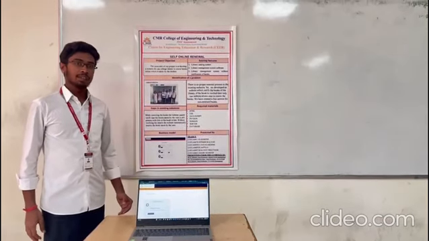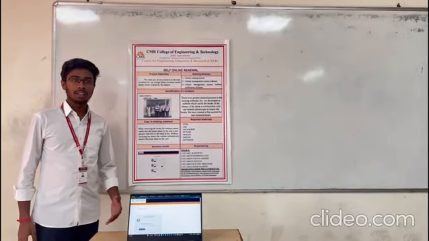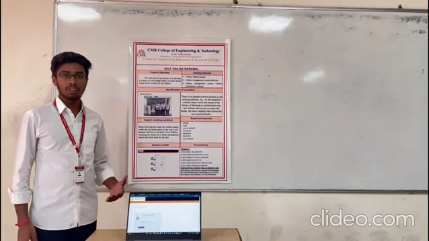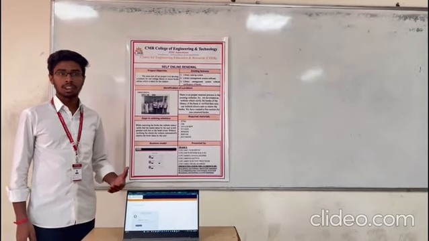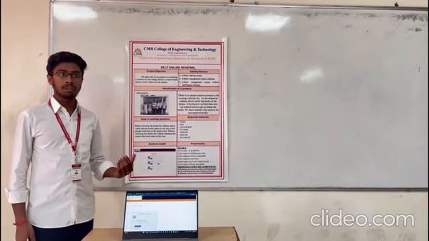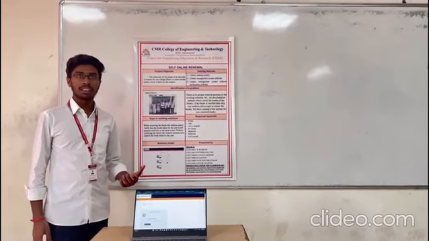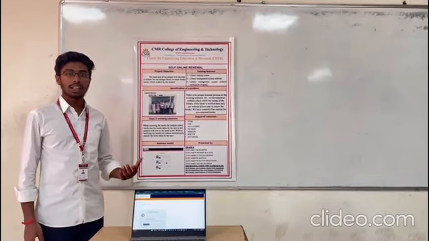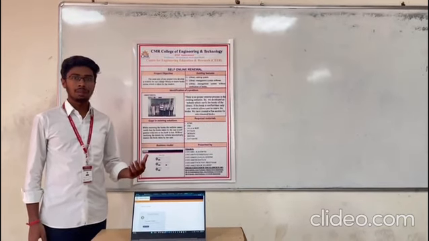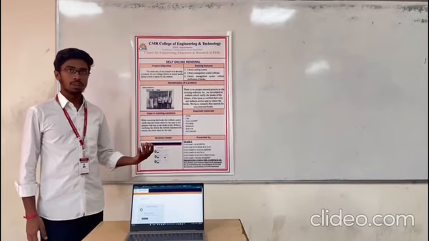I am going to tell the gaps in our existing solutions. While renewing the books in the existing websites, the website does not verify whether the book is returned to the library or not. So the websites can't verify the books, and it will renew automatically. And there is no fine section for the library, so you can keep the book for as many days as you want. So we have designed a website for our college